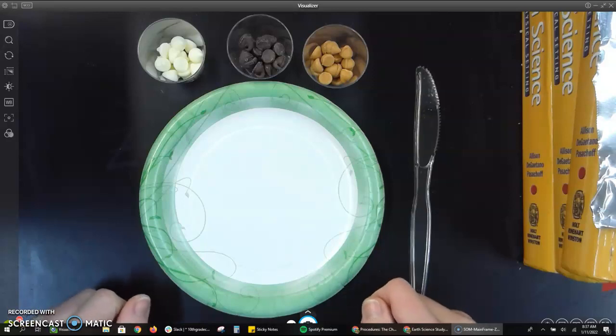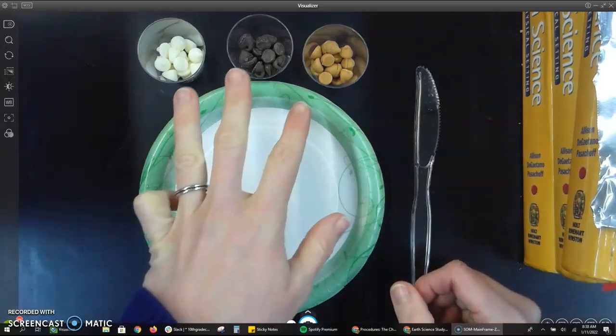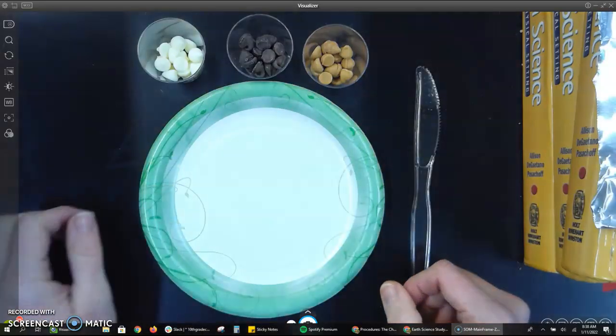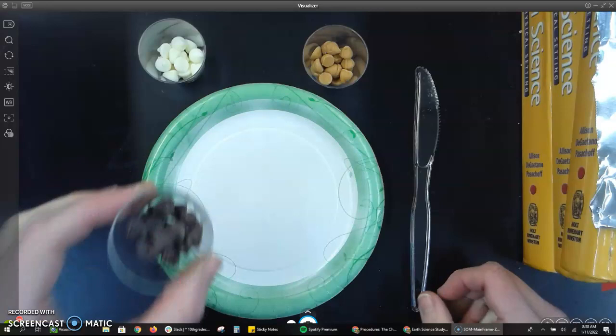All right, folks, in this lab, we are going to be modeling the processes of the rock cycle. But instead of using rocks, we're going to be using 3 different kinds of chocolate chips. So the first step in this lab is going to be to take our chocolate chips and weather them into